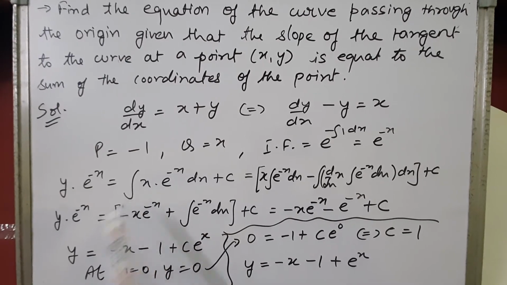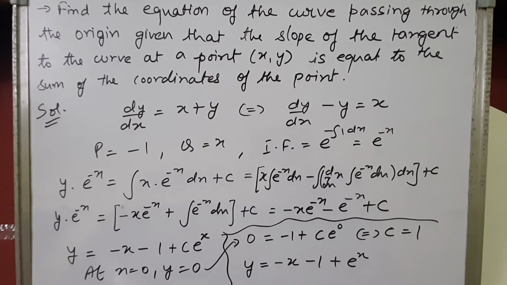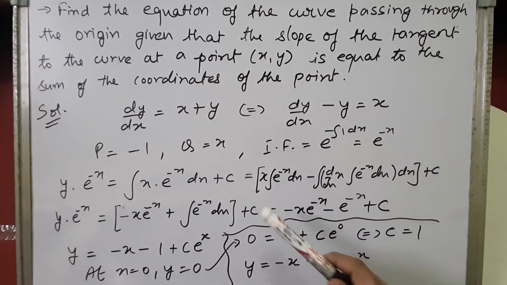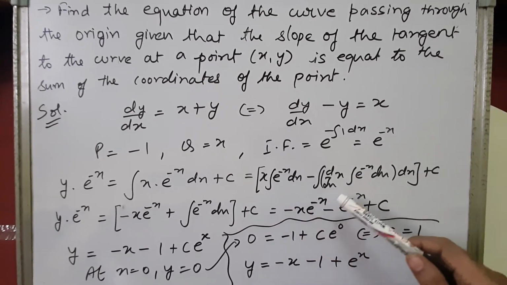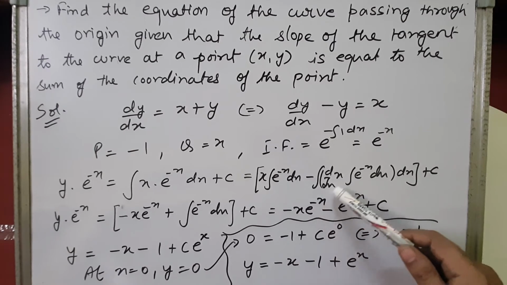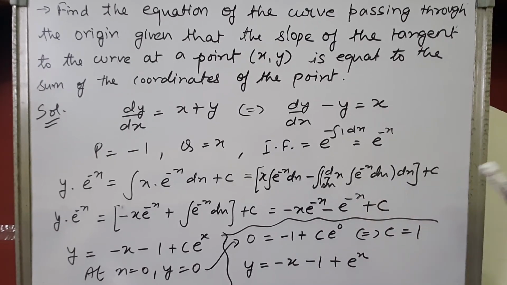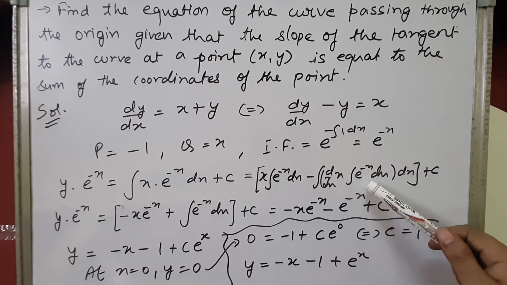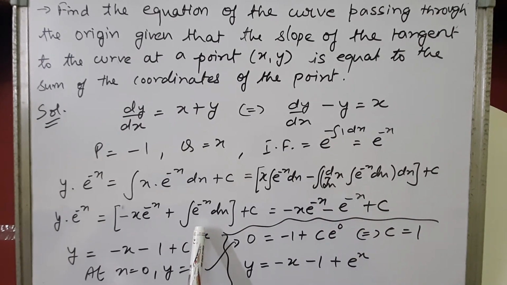Right. Now we'll apply integration by parts here, because this is a product of two different functions. So we are going to apply the by parts method. It will be first function, integration of second function, which is e to the power minus x dx, minus integration of dy dx of first function, integration of second function, to the whole integration, plus c. Now integration of e to the power minus x is minus e to the power minus x. Minus will become plus. So plus integration of e to the power minus x dx, and dy dx of x will be 1.